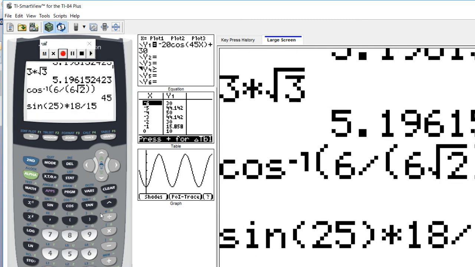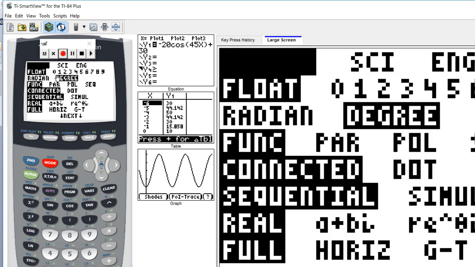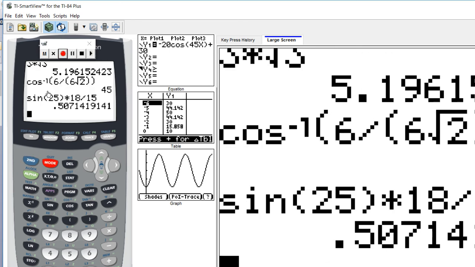And that's going to give me a decimal. But I'm after an angle. So remember, when you're after an angle, you have to use the inverse sine. That's the sine to the -1, or they also call it the arcsine, A-R-C-S-I-N. So the first thing I'm going to do is make sure I'm in degrees. So I come to my mode, I go 1, 2, 3 down, it's on degrees, so I'm good. To get out of there, if I look above mode in blue letters, it says quit. Anything in blue letters, I use the second button, so second quit. So now to get the angle, I'm going to go second sine